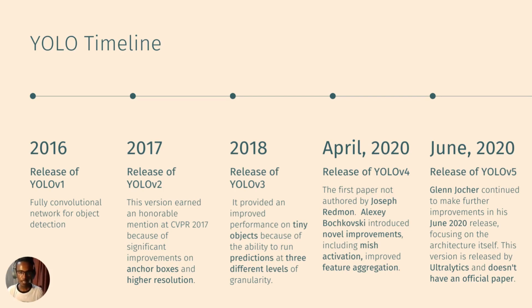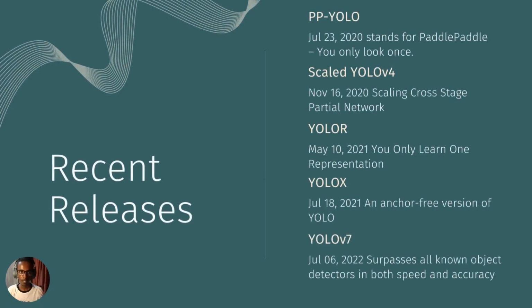And in 2020, YOLO v5 was released, but it wasn't released by Alexey Bochkovskiy. It was released by a company called Ultralytics. It doesn't have an official paper, but it has source code. It also introduced novel improvements on the architecture itself. So those are the major milestones of YOLO, but in recent times, we have different versions of YOLO that have been released